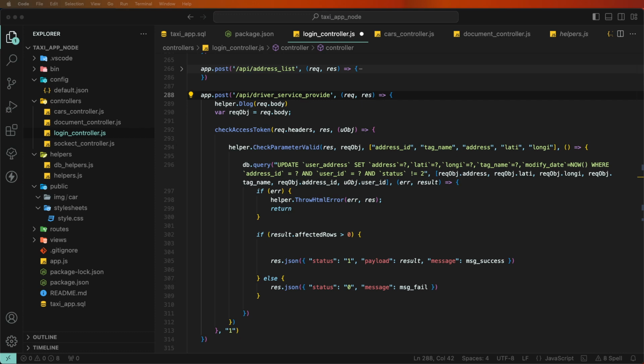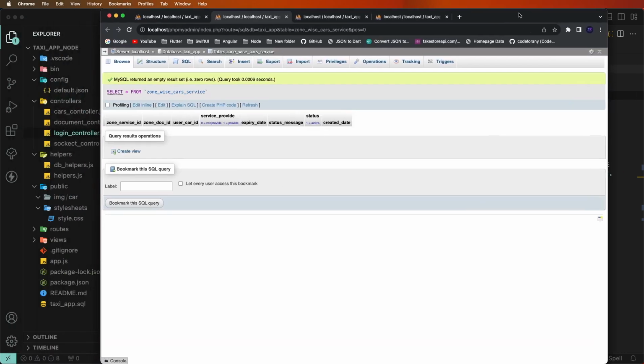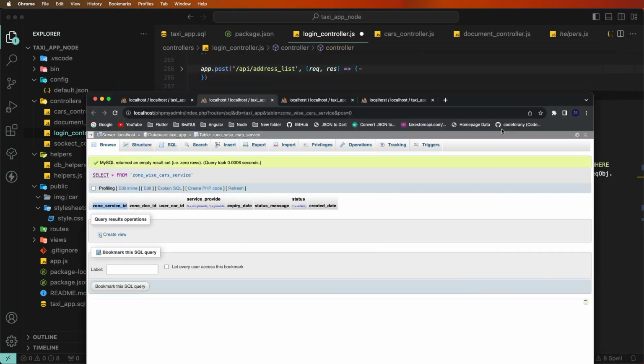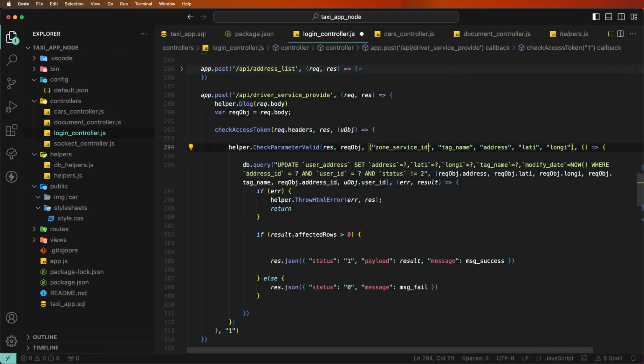First of all, open the zone table, and we need the zone service ID, and paste it here. We also need the is enabled, is switch, like this. And after that we need to check the type here, like this, give